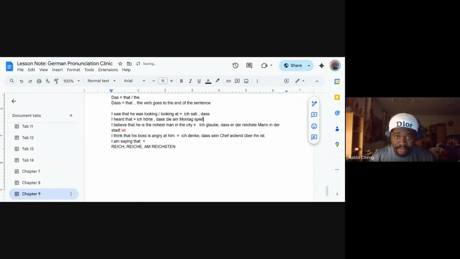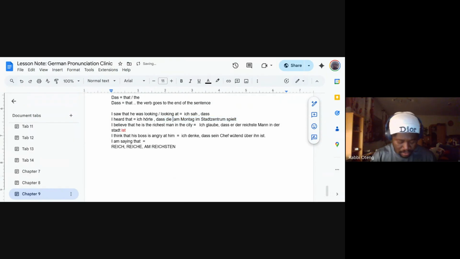spielt. Maybe, die Band am Montag im Stadtzentrum, because I said in A2 we are making long sentences. Okay, so we have to use a lot of adverbs. Okay, that is shortened as die Band. So was will come, then wann am Montag, wo im Stadtzentrum. That's the order. Okay, so when we are forming Nebensatz, as in the subordinate clause.